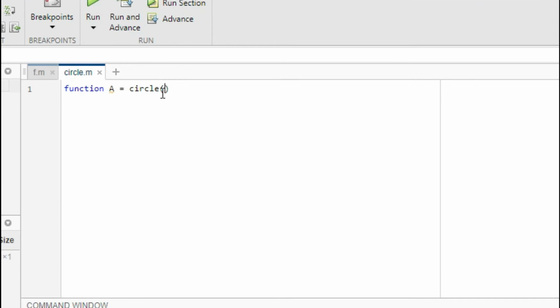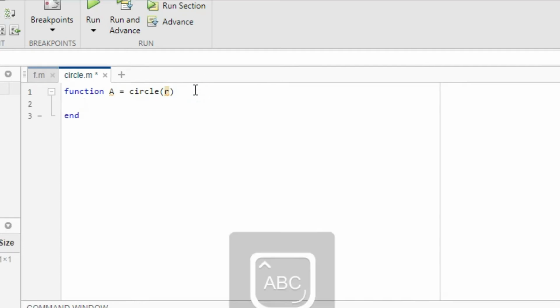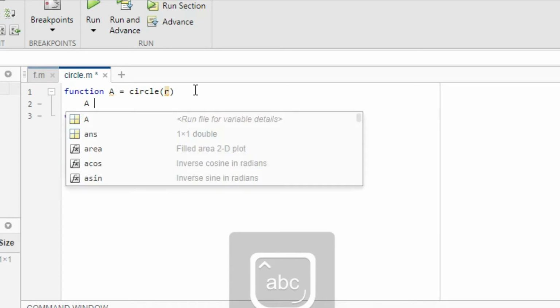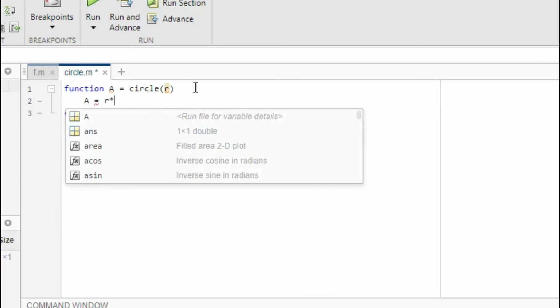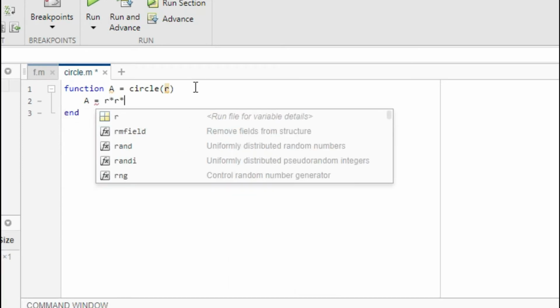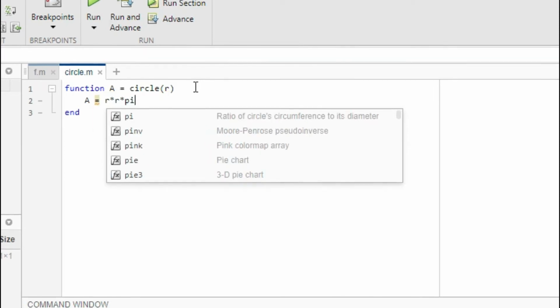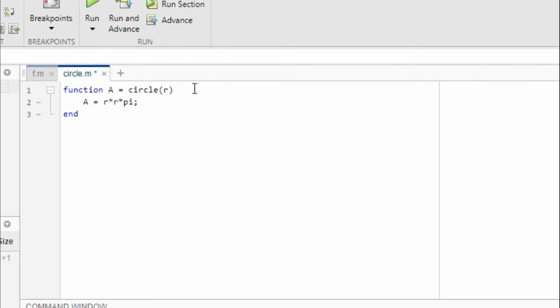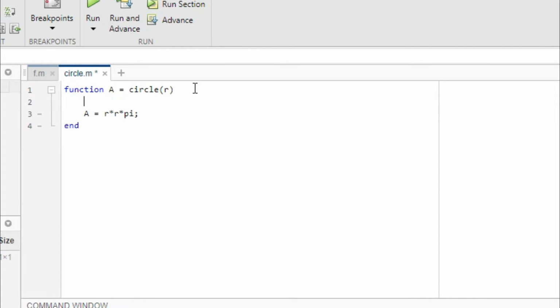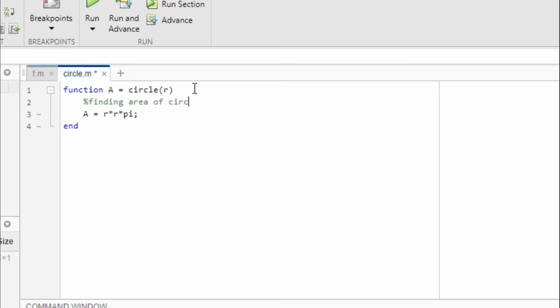Now I want to give input as radius, so let's say r. Here enter. Let's write the statement capital A equal to r squared into pi, and let's give a semicolon. Let's add a comment: finding area of circle.